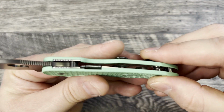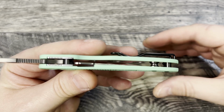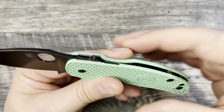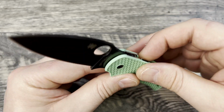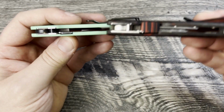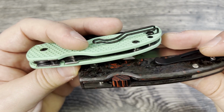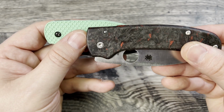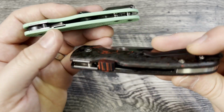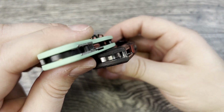Same compression lock that you find on the PM2, the Shaman, the Yojimbo 2, the Para 3. All of the compression locks operate exactly the same. If you have an issue with the access to that, you can go to OCD for EDC's website and pick up a CME, which sits pretty flush. It doesn't stick out much at all from the side profile either